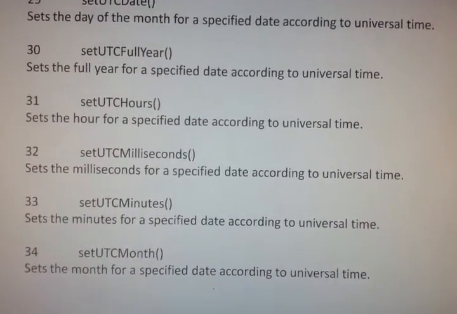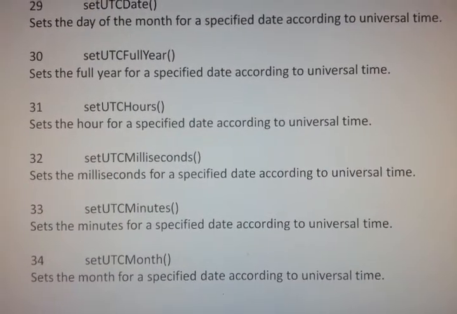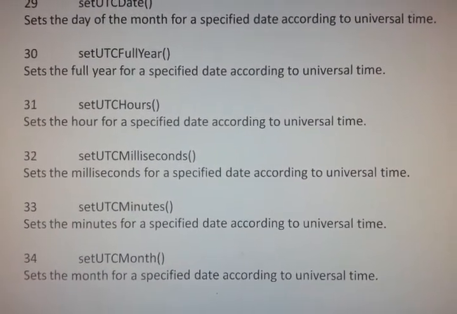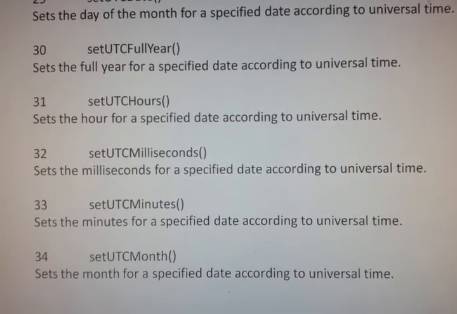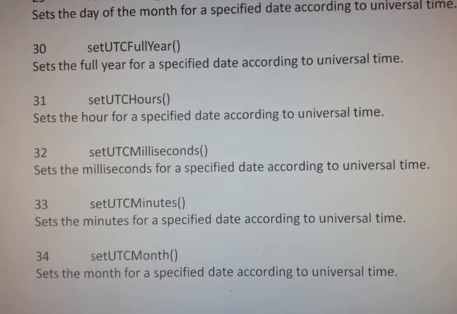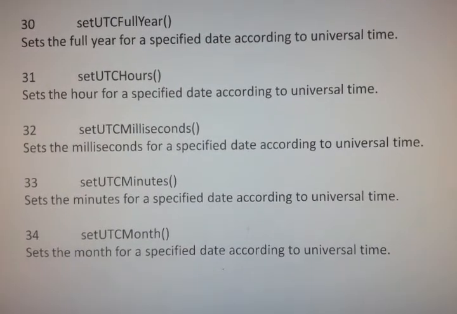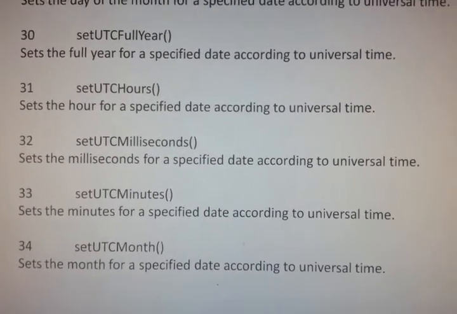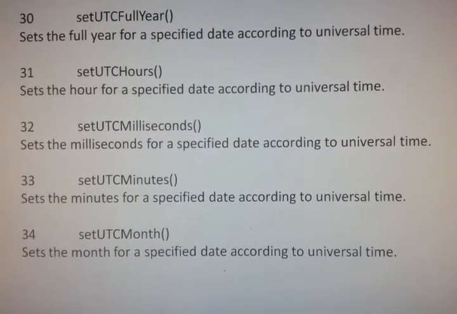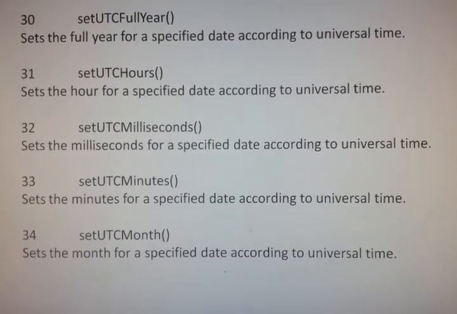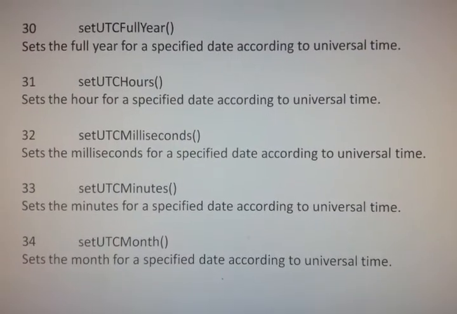Then next, setUTCMilliseconds method. It sets the milliseconds for a specified date according to universal time. Next method is setUTCMinutes method. It sets the minutes for a specified date according to universal time.